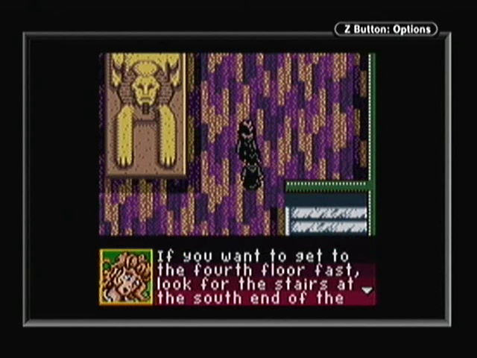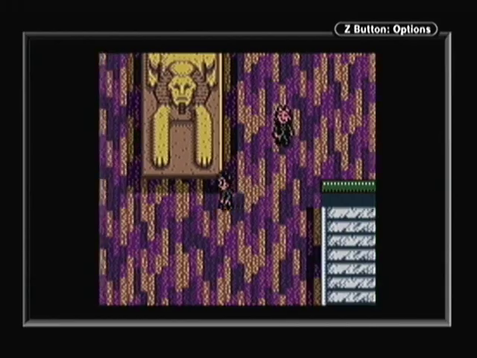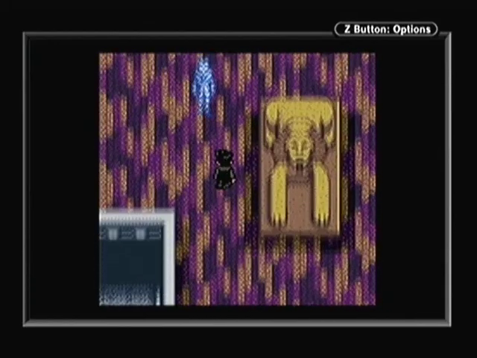How are you doing? If you want to get to the fourth floor fast, look for the stairs at the south end of the hall. I think it might be... No. I don't know anything. Oh, I think this is how you...